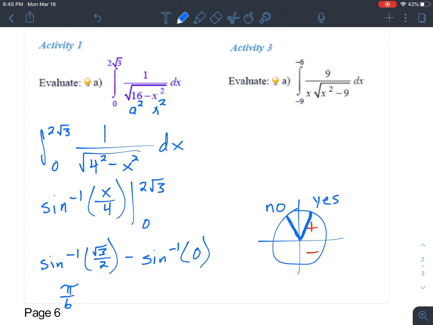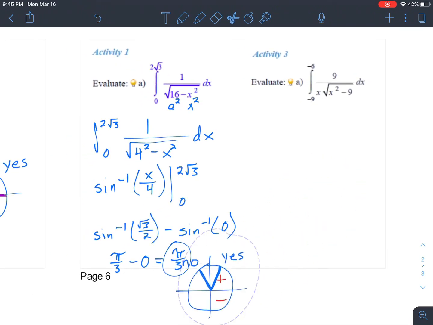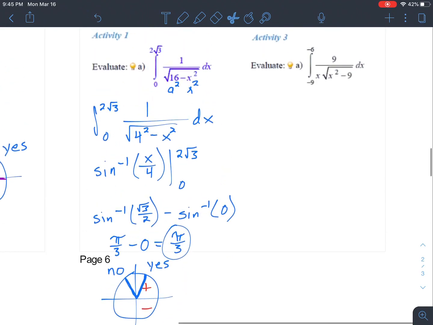All right, now that we have figured that out, or I'm sorry, that's not pi over 6, that's pi over 3. So we have pi over 3, arcsine of 0 is this value right here. That's going to be at 0. And this first one then, the answer is pi over 3. Okay. Then for the second one,